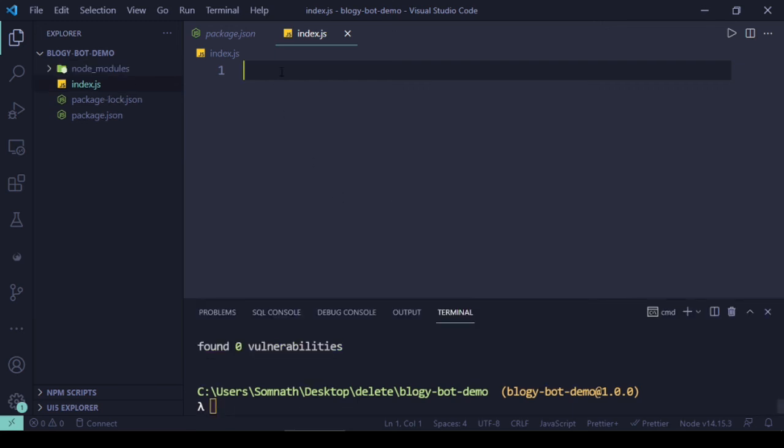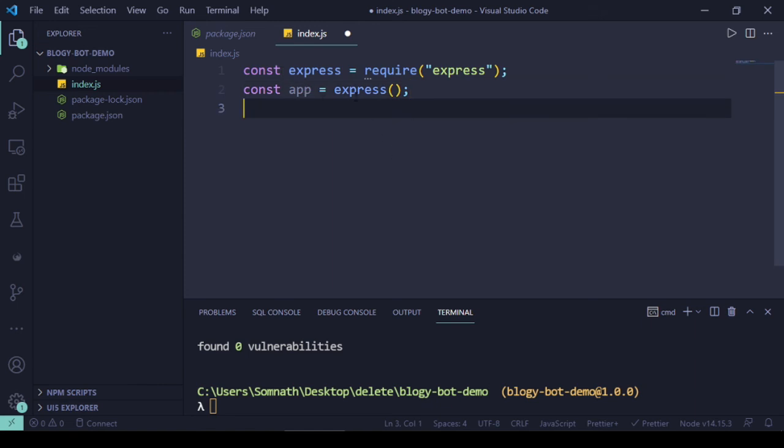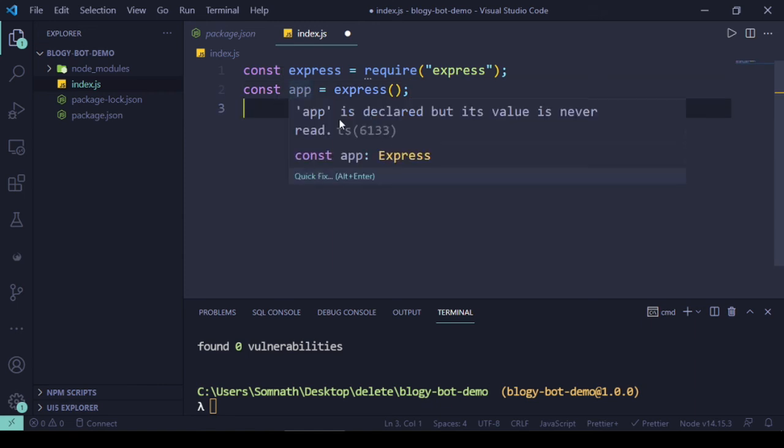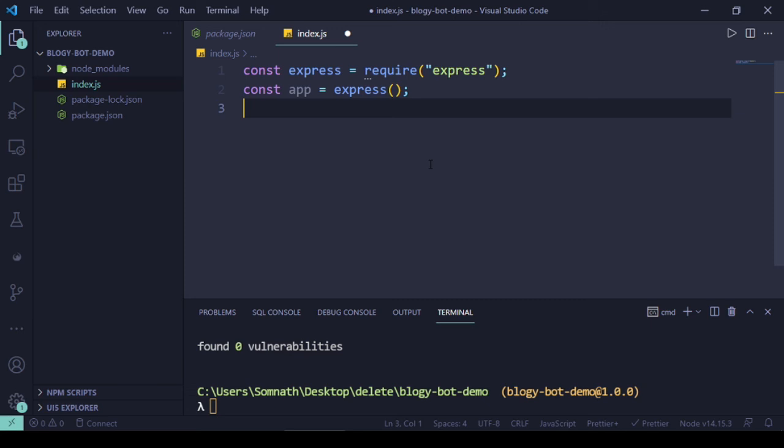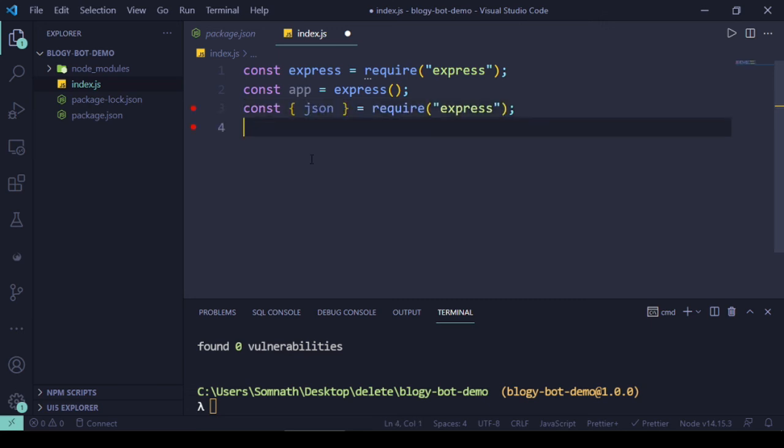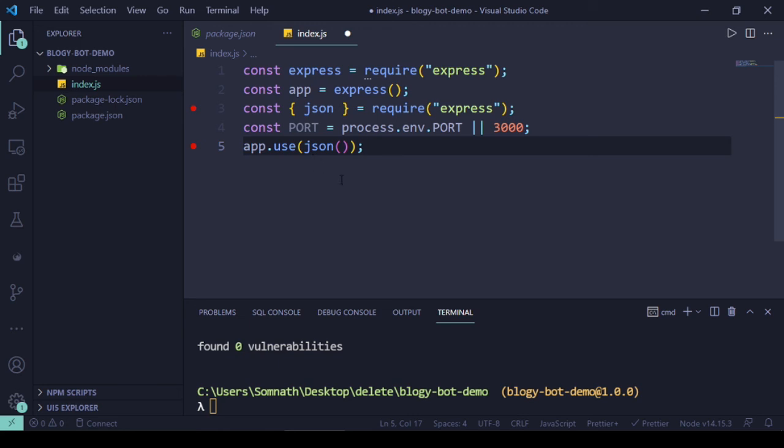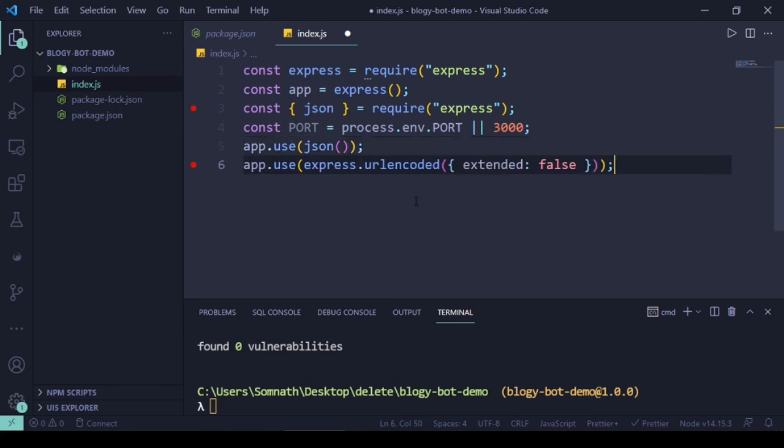Express is installed. So I'm just getting the application instance, and getting the JSON also. Now add the port information and a little bit of boilerplate code. I'm just saying it's process.env.PORT, or 3000 will be the port that I'll be using.